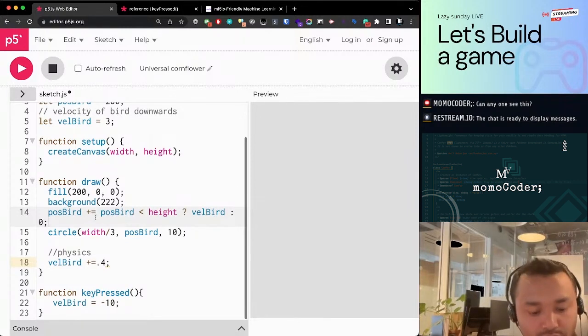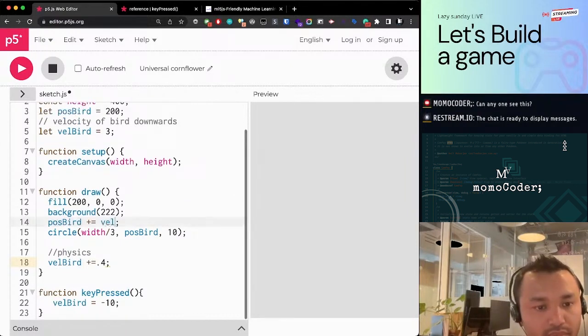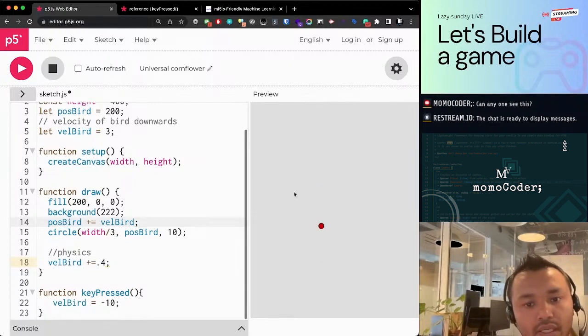Anyway, this was not needed. I just didn't want the bird to fall infinitely. Anyway, this is fine for now. We can still rescue the bird if it's falling down. Okay, now what do we want? We want those tubes on the